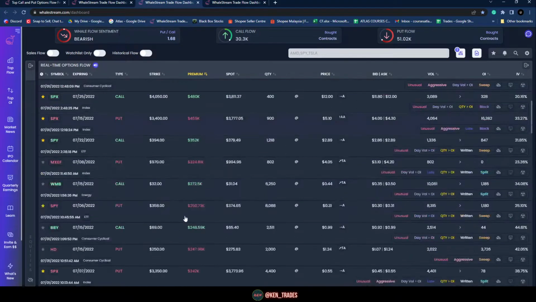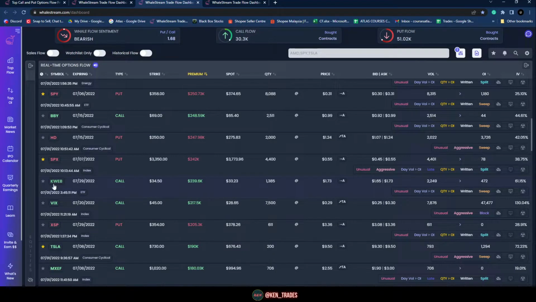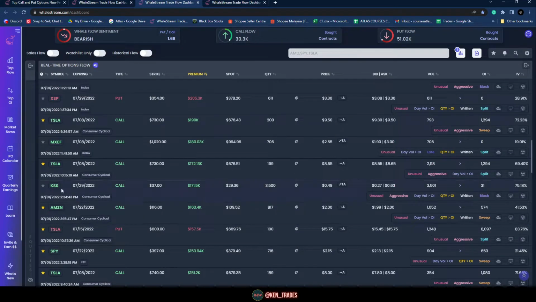Obviously SPX will be high, and then you see all those never seen before tickers, right, like this. Okay, BBY, we've seen this before. KWEB, if I'm not wrong, this is the China ETF. All this. Alright, so normally when I see all this, I will go look at the chart, look at the daily chart,